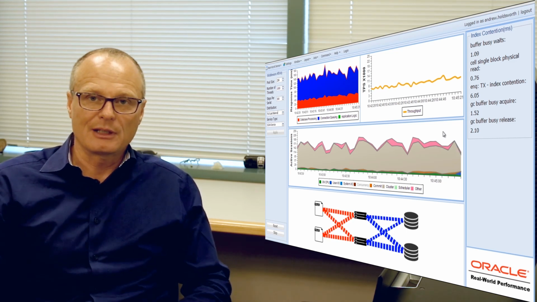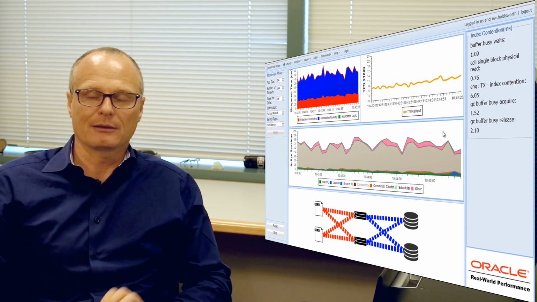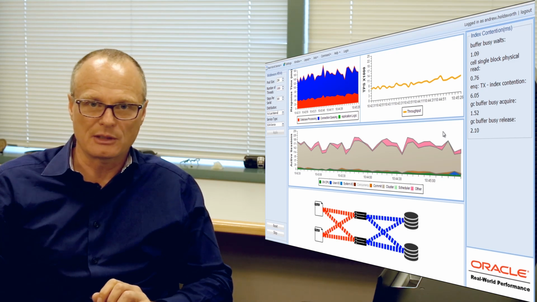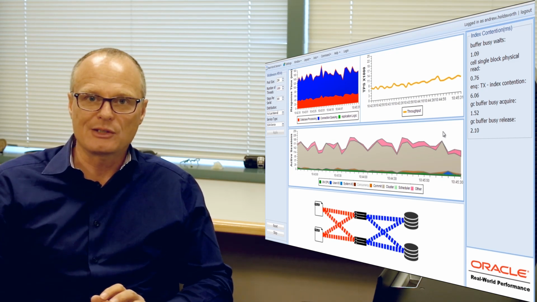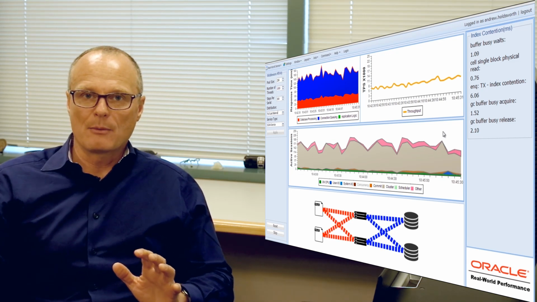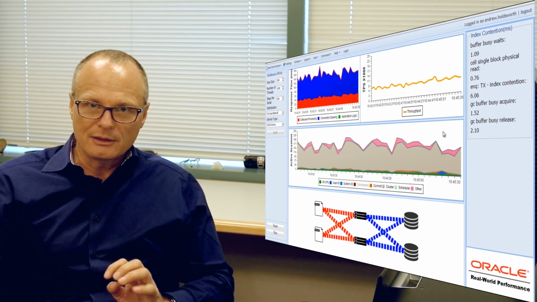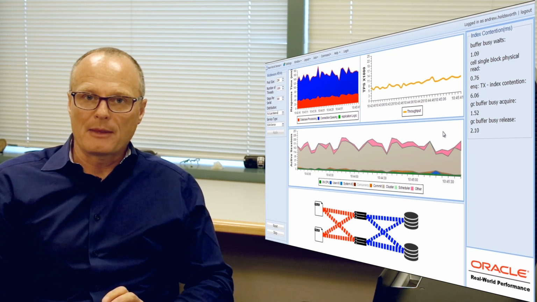But for the sake of this analysis, we're not going to actually change anything on the side of the database. We're not going to change any storage clauses. We're not going to change any table definitions. We're not going to change any index definitions. And we're just going to use some real-world principles to actually identify what the problems are and then work them